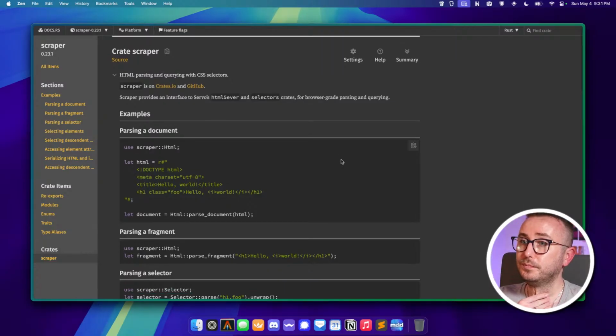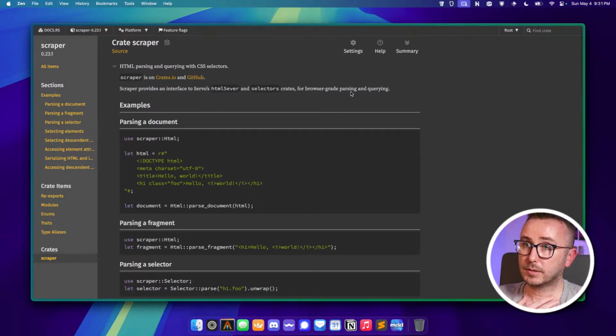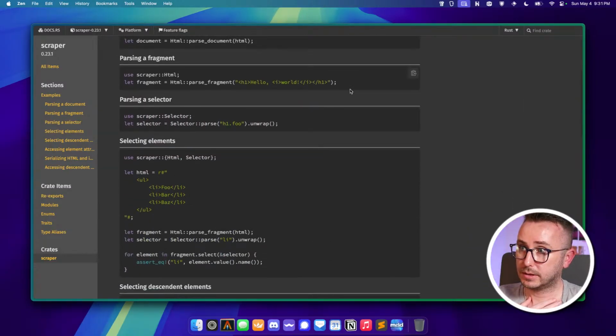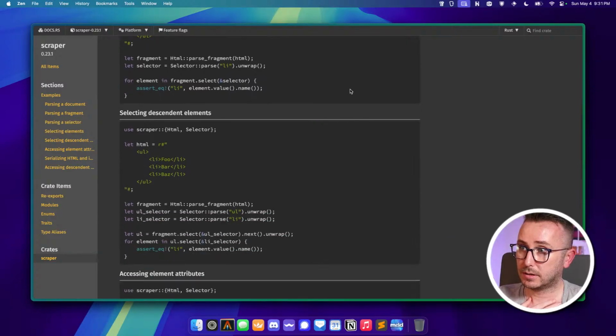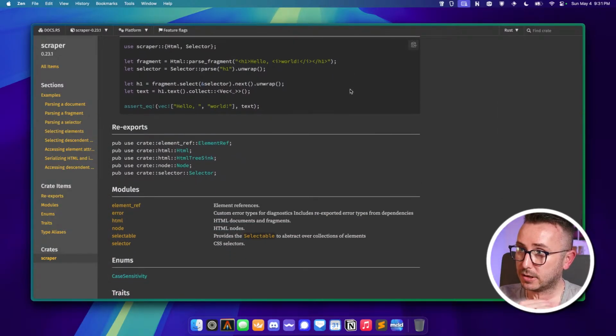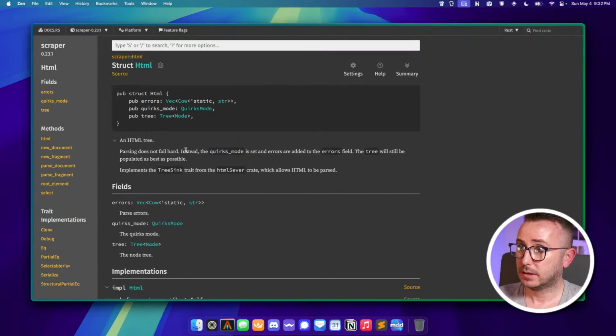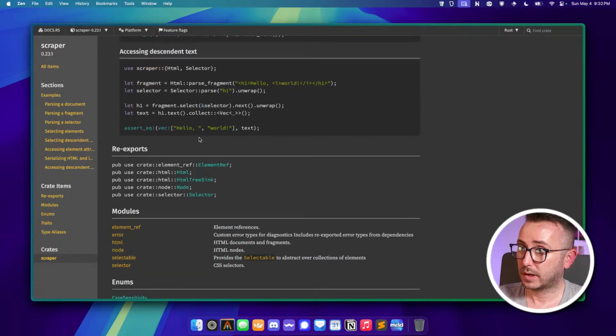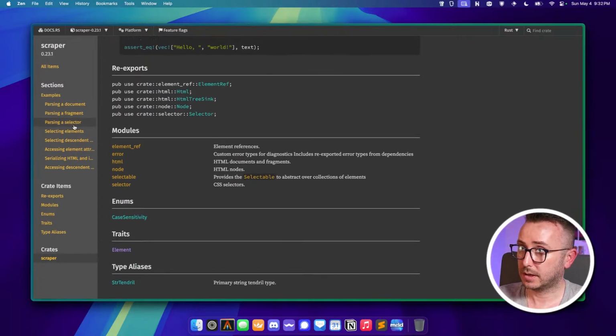So browser grade parsing and querying. Okay, so it's only going to let us parse. Does it allow us to update its internal representation of it? HTML. Re-exports. Okay, so this kind of feels like